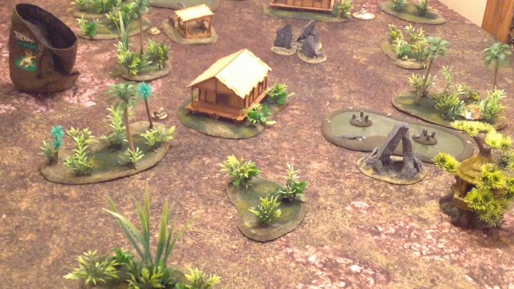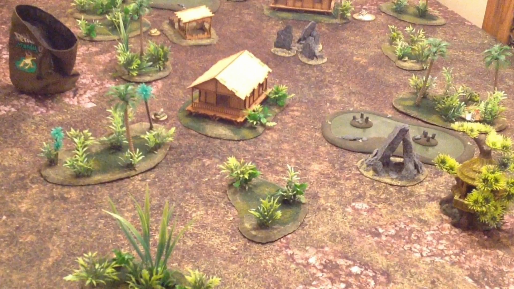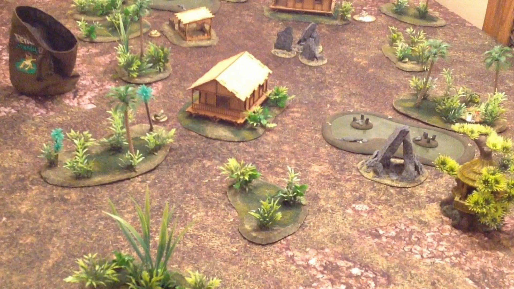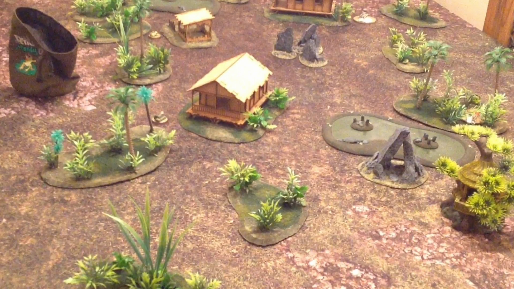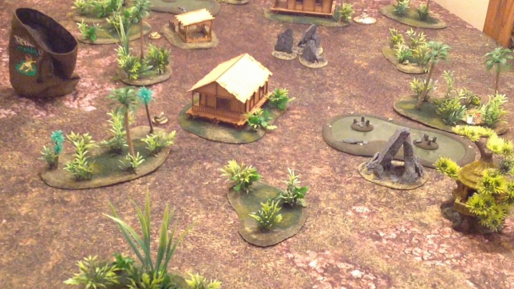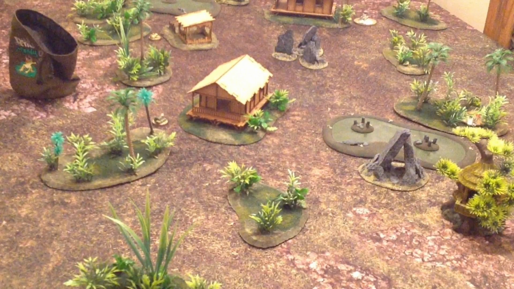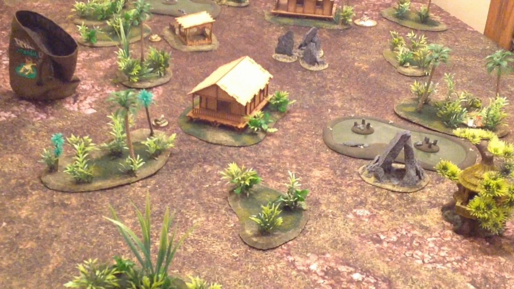Up to the top of the screen, just to the right, is the first objective of mine. And in the palm tree wood in the middle of the picture on the right is the second objective. And you can see that there is another one opposite it, just to the edge of that hut. So I am hoping to hold both of my objectives, and what I'm going to do is I'm going to